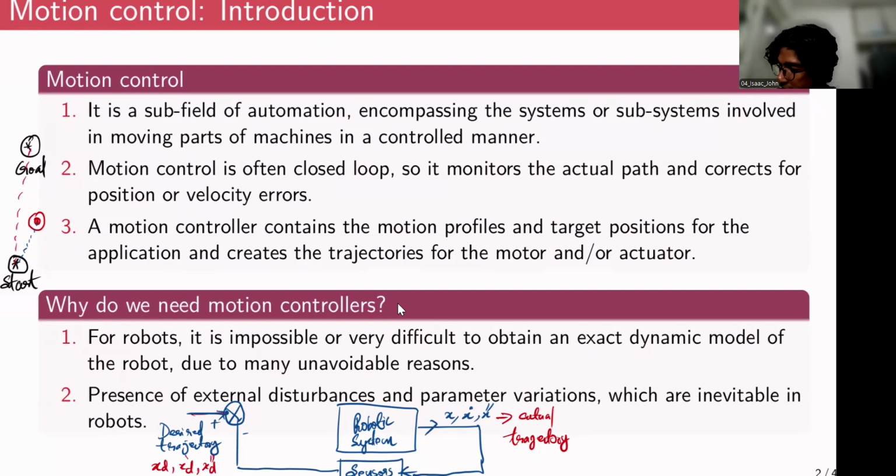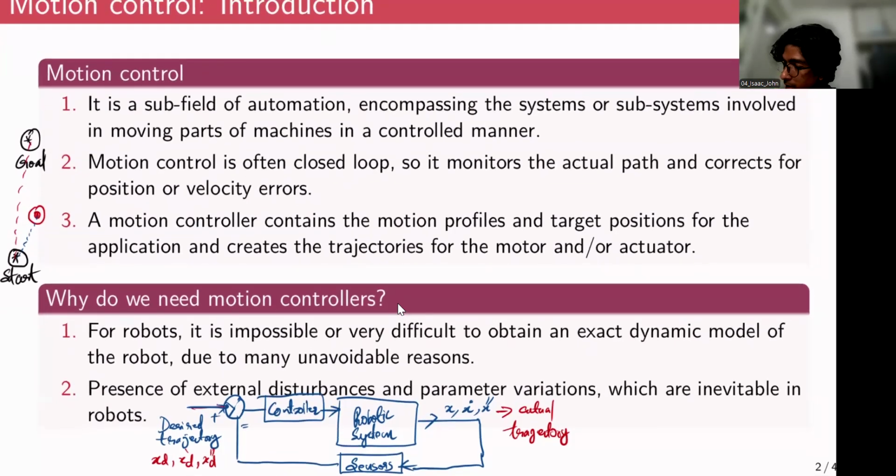And if there is any difference between the desired trajectory and the actual trajectory, the controller, which would be somewhere around this point, would give the appropriate control signals into the robotic system, right? So this is basically an ongoing loop. Whatever the robotic system currently executes,